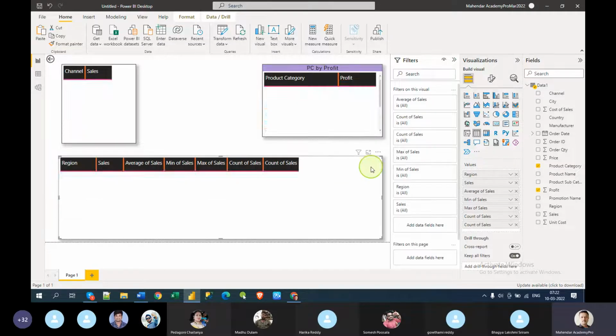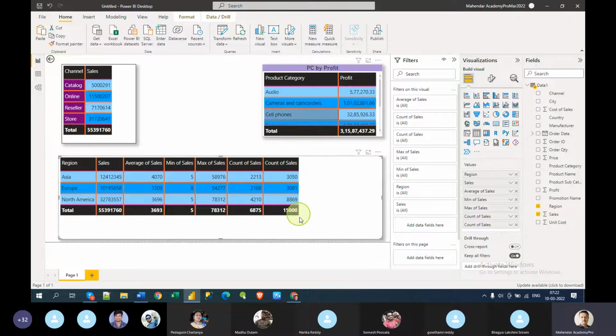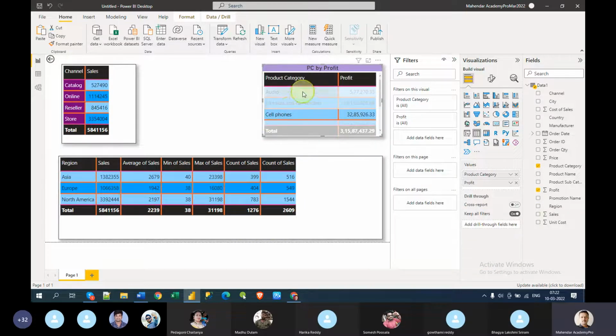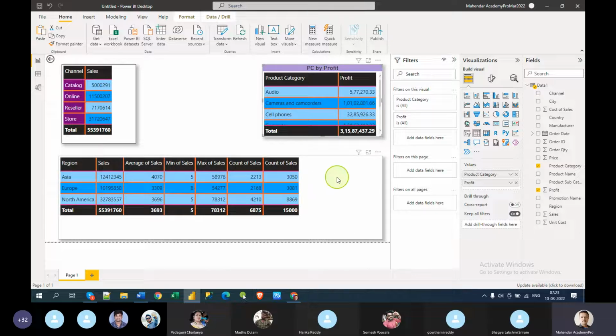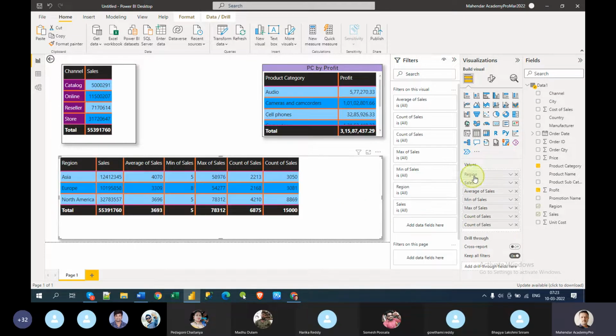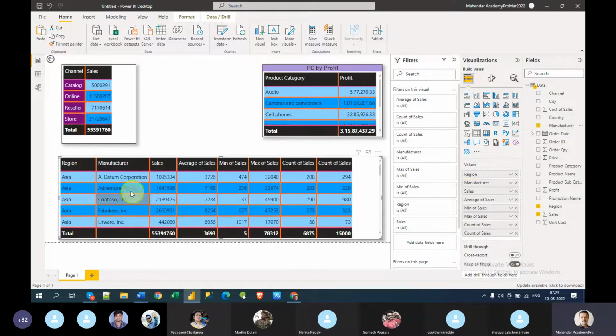Apart from that, let's say if something is grayed out, to come out of that grayed out state, you can click the same column again so that the filtering goes off. Okay, so that's what we can do. See, these are all the numbers, but this is only one dimension, region-wise sales. But you know what, you can keep the region and add manufacturer also. Now the things will change.